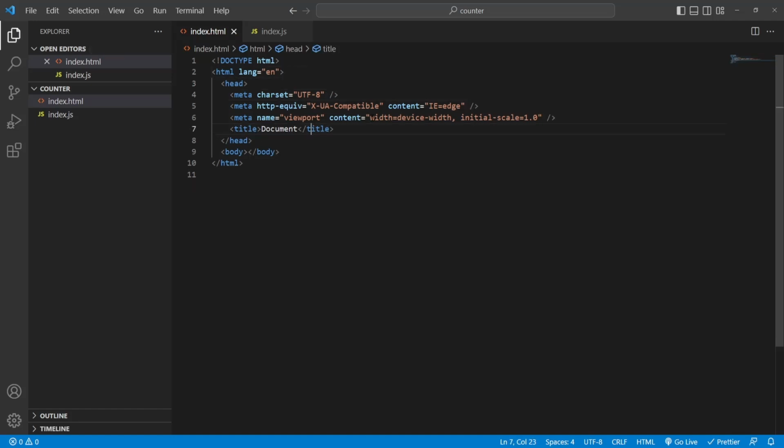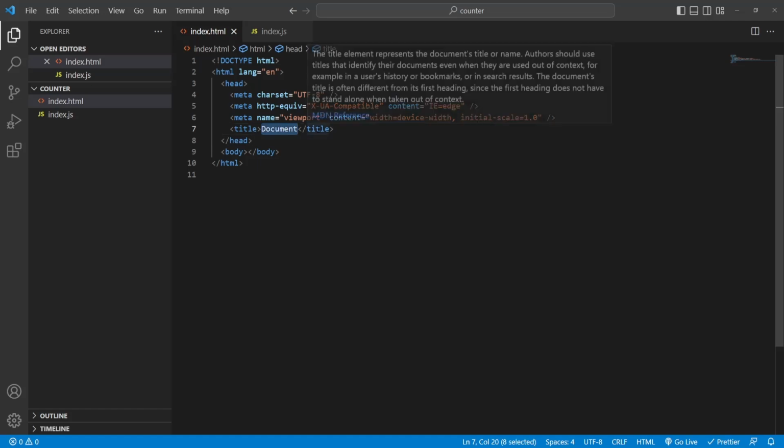So I'll go ahead and save this document. By the way, if you see any of the code switching or changing, moving around anytime I save a document, it's because I have the Prettier extension, and the Prettier extension can actually watch for file changes and automatically format on save. So I'll go ahead and call this counter,